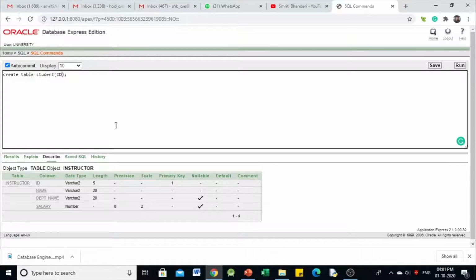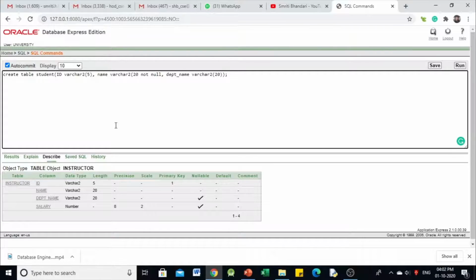Student ID varchar2(5), then name of the student varchar2(20). Let us provide the constraint not null. Then department name varchar2(20). It should be similar to the department name attribute in the department table, because this is the foreign key here.